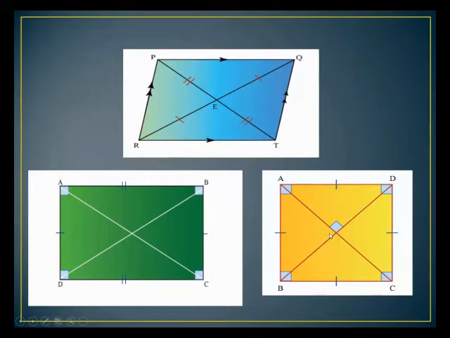And what are these properties? All the sides of a square are congruent. Congruent means equal in measure. Means the measurement of AD, DC, BC and AB, they are all the same. They are all equal in measure or equal in length.